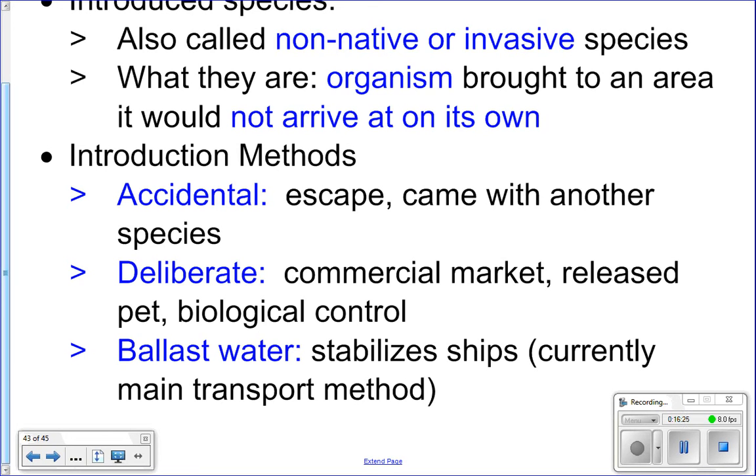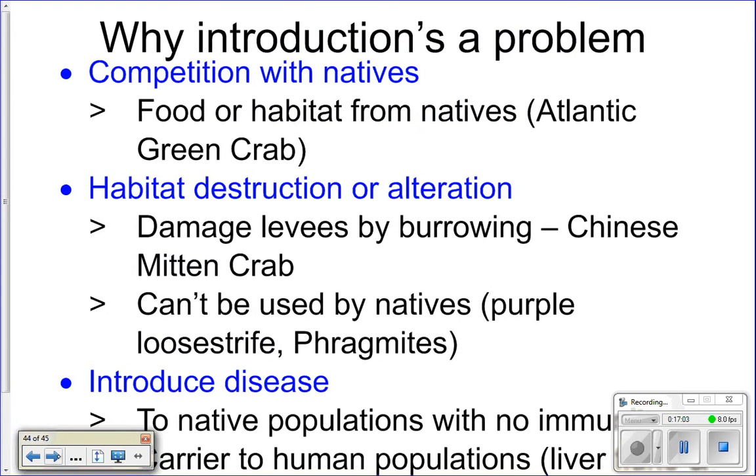And so you have a ship in China that will clear out its ballast water and then take in new water from the bay that it's in in China. And then it comes over here and goes to San Francisco Bay. And when it's in San Francisco Bay, it releases the ballast water and then takes up water from San Francisco Bay. And so when that ship releases the water that it got in China, it's going to be releasing all sorts of larvae and all sorts of animals that are found in China but aren't found here. And so you get introduction of species that way as well. Okay, so those are the three main ways that we get introduced species.